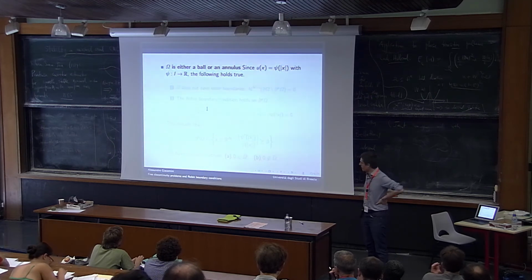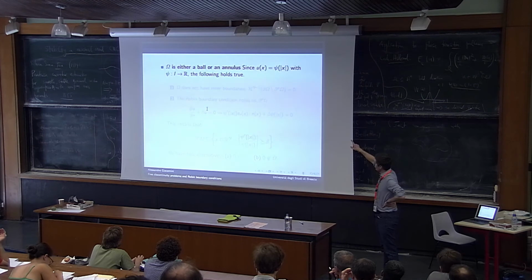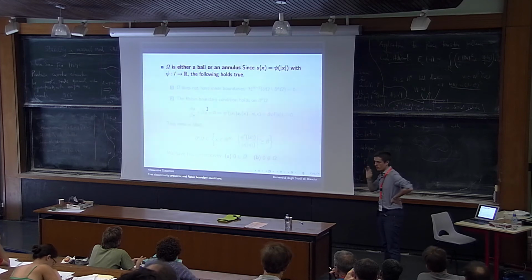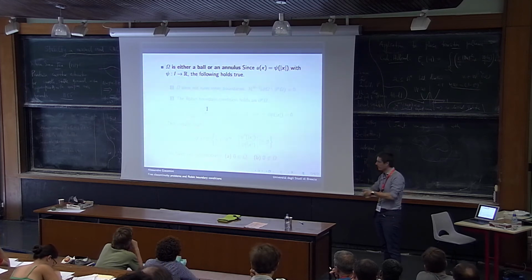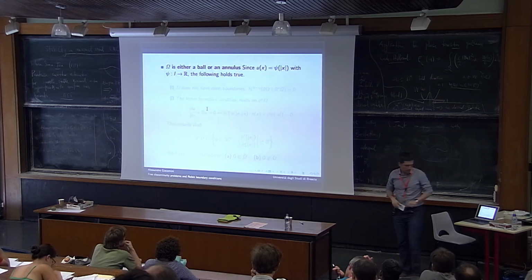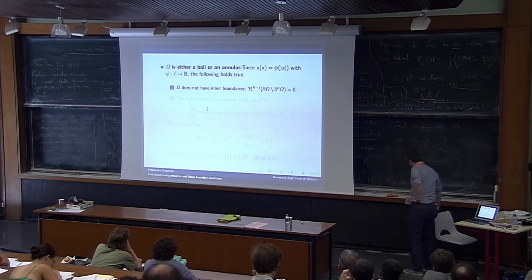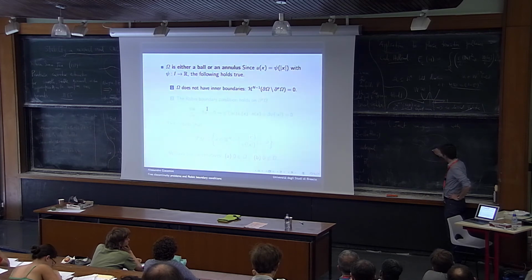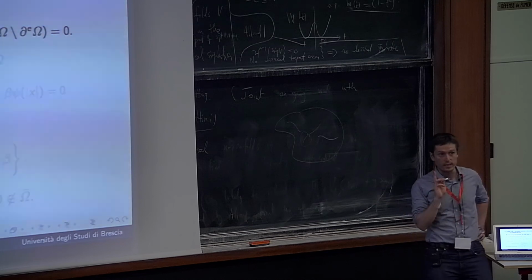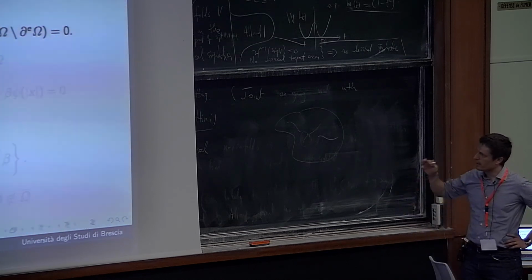So this is done in this way. Well, so u with respect to the new origin is a function which depends only on the distance to the origin, and it is a strictly positive function. So what one can show is that, first of all, there are no inner cracks, because since the function now is radial and the domain is connected, the cracks should be jump set. But now there is no jump set inside, because the trace from here is the same as the trace from here, because it depends only on the radius and the domain is connected. Okay? So the inner cracks